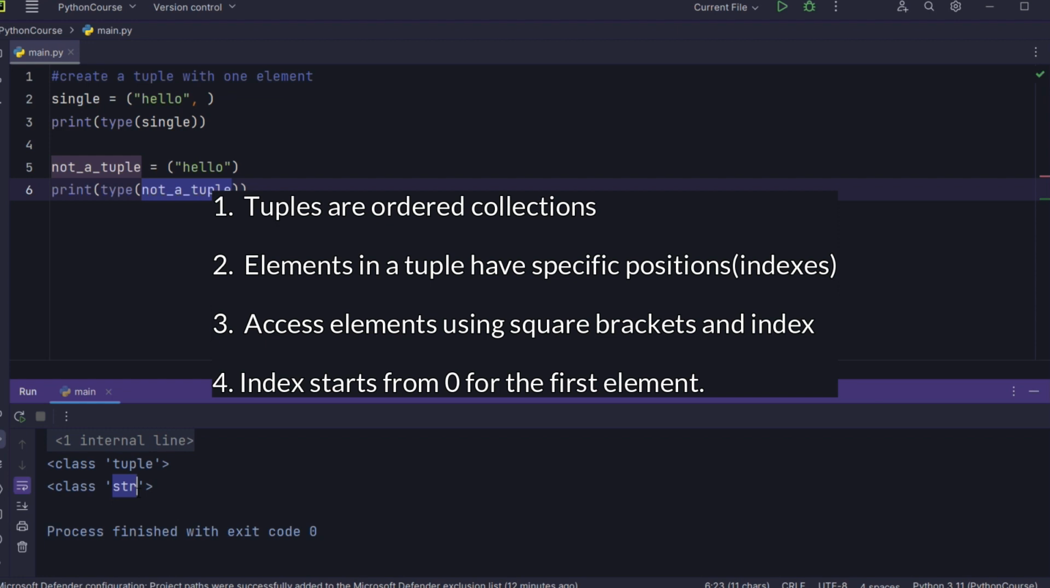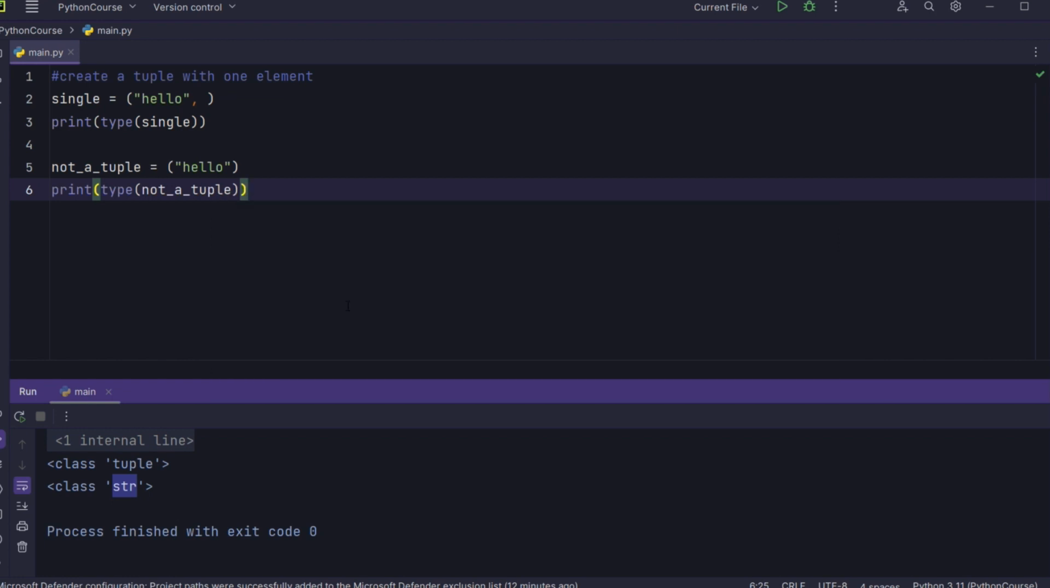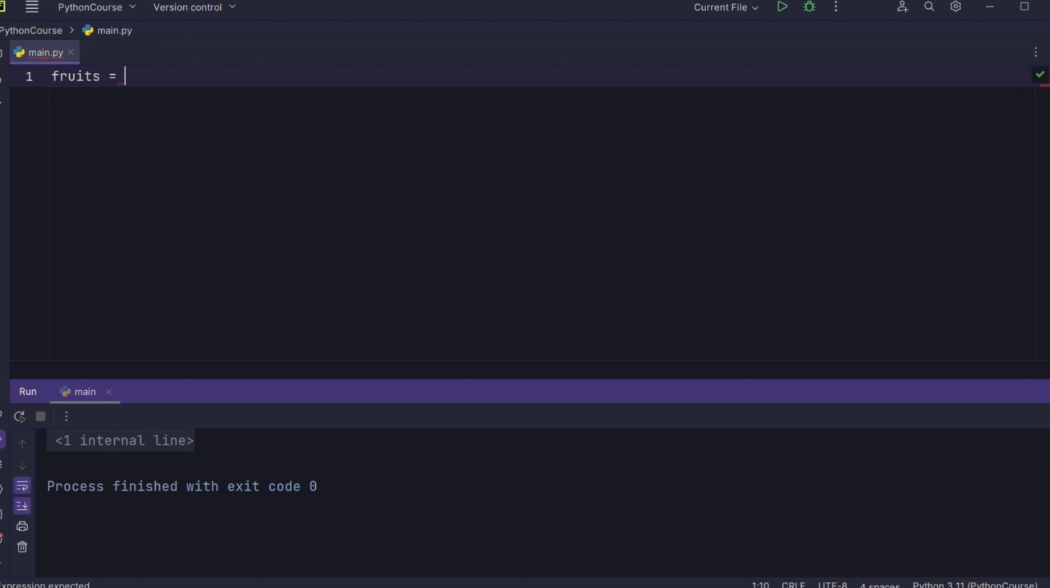Tuples are ordered collections, which means that each element has a specific position or index. You can use the square brackets and the index number to access any element in a tuple. The index starts from 0 for the first element and goes up by 1 for each subsequent element. For example,